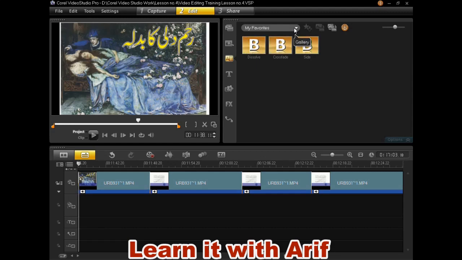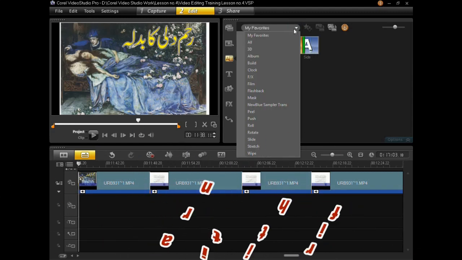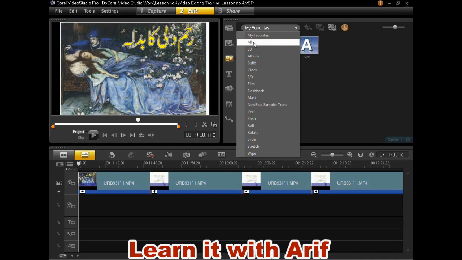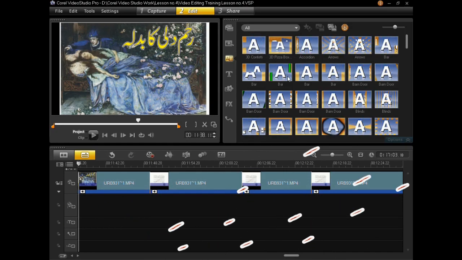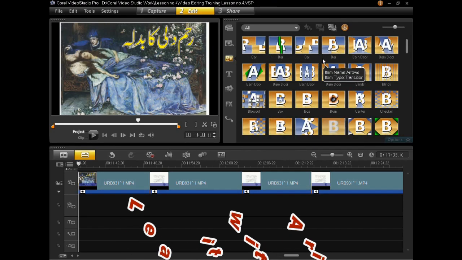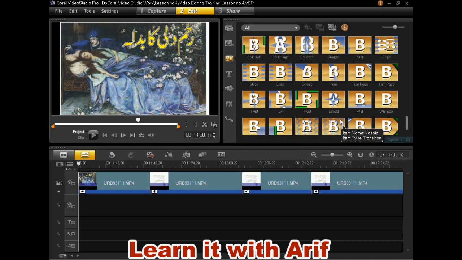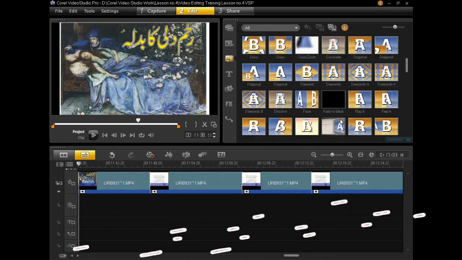Now click this library drop list button and click all to see all the transitions. You can see all the transitions are open in your library panel.